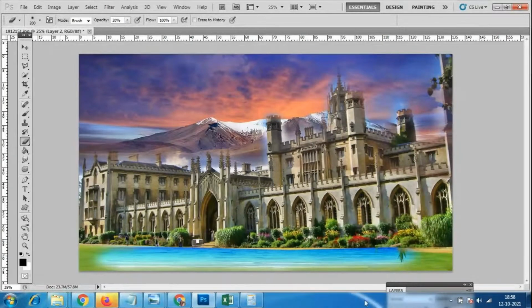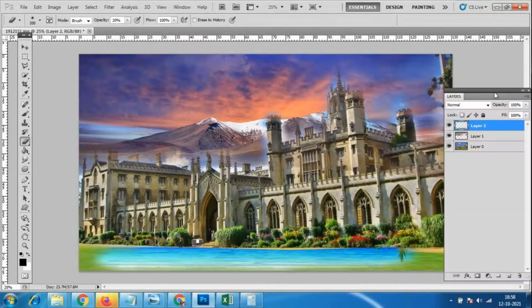You can create a fantasy thing over here with the Photoshop, which is highly impossible things. So those things and all we can make it with the Photoshop. Okay. See here we can make two different skies over here. Yeah, two different colors of the sky.